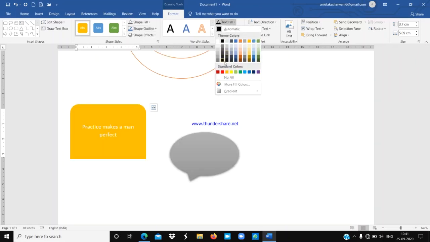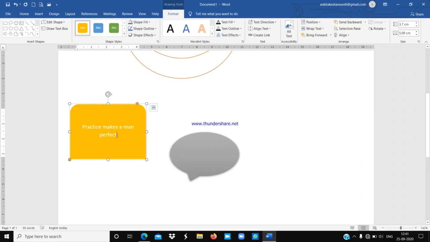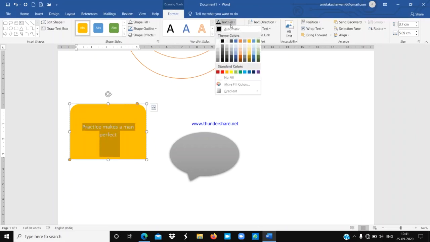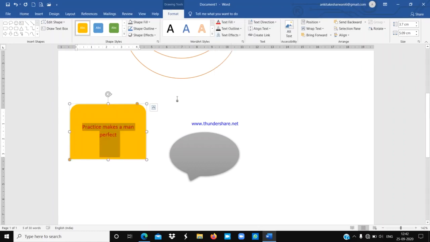You can also change the font color. First you have to select your text and then change it like that. Okay, so practice makes a man perfect. I have written this quote inside this shape.